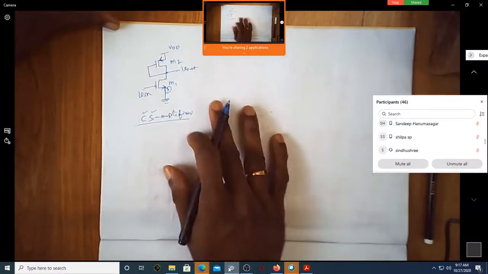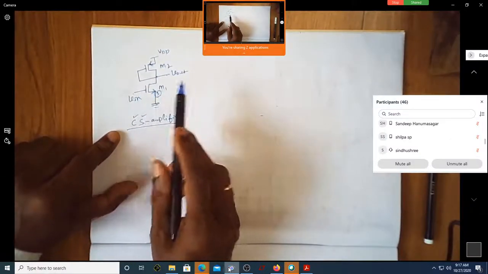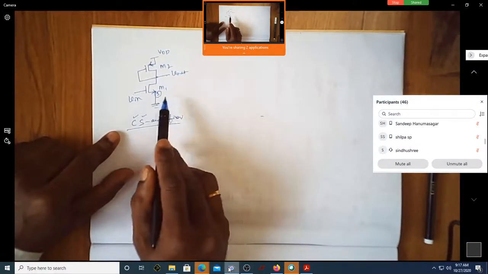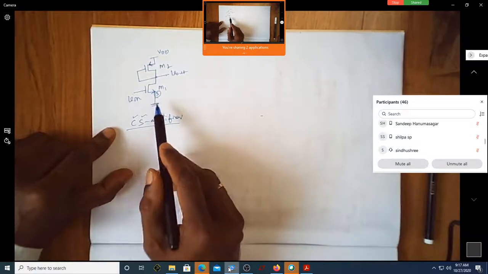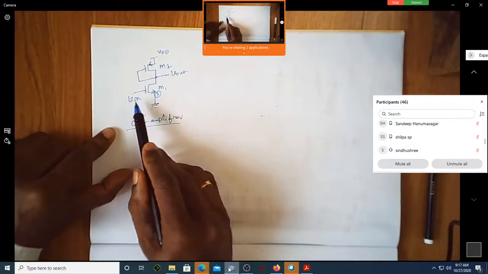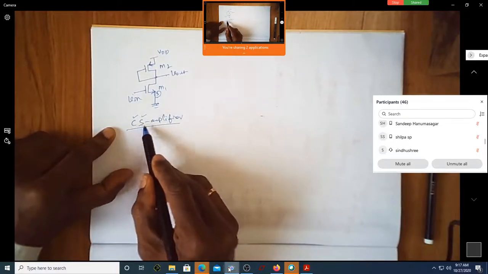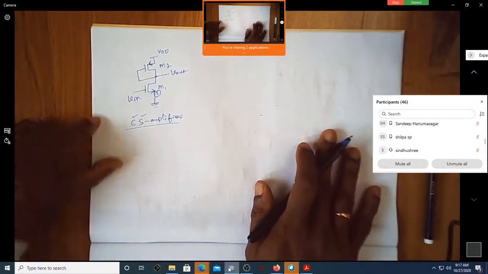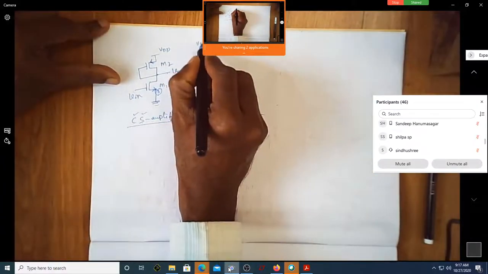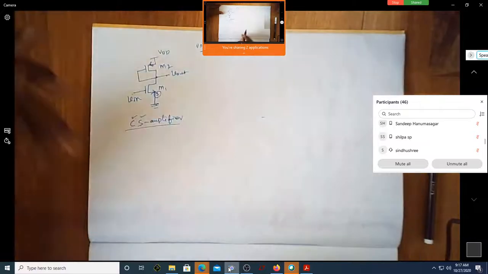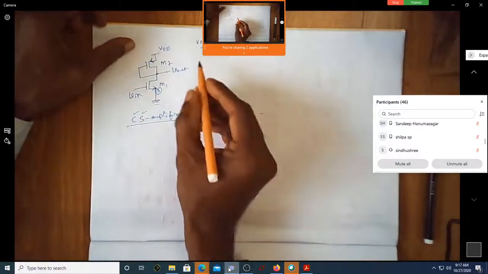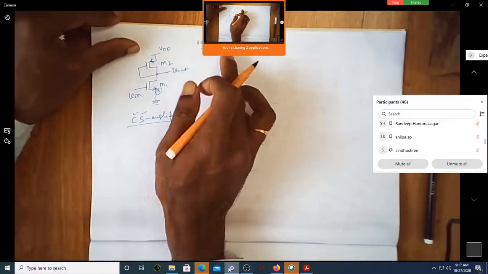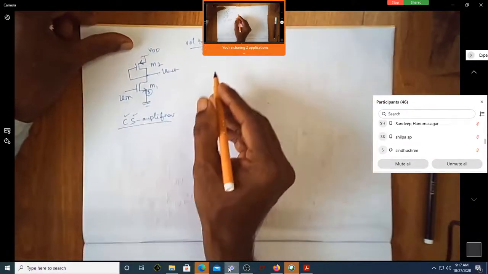Why it is called a common source amplifier: the naming of the amplifier depends on with respect to what you apply the input and with respect to what you take out the output. In this particular case, since the source is common between input and output, it is a common source amplifier. Now, since it is asked to find the voltage gain of the amplifier, it is not necessary to say that you have to find it for a small signal, because all the gains will be for a small signal. It is not specifically mentioned, but we will always find it for a small signal.